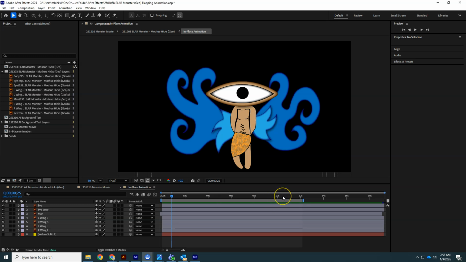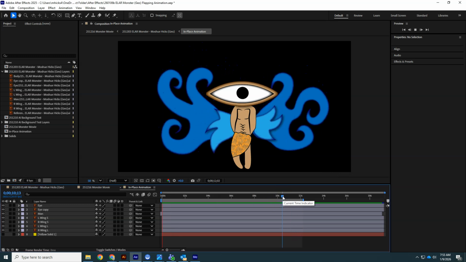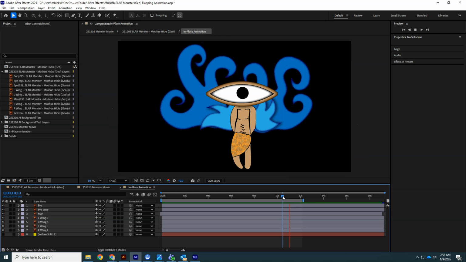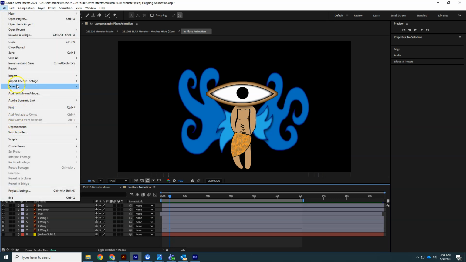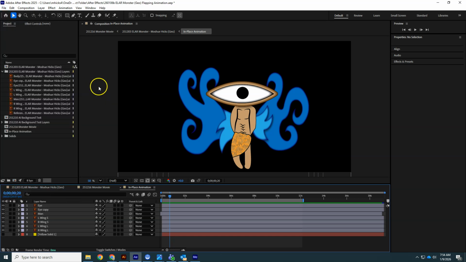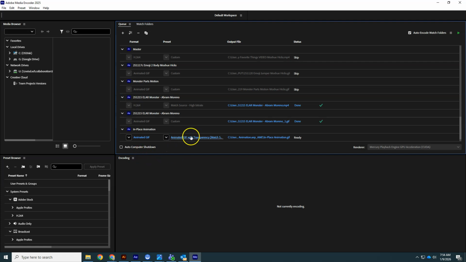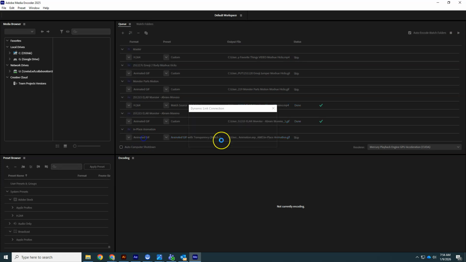With our in-place animation ready to go, just checking this loop here at the end. Here we go. Let's get these exported. File, export, and use Adobe Media Encoder. You can see that I've got the animated GIF was the last thing that I exported, so I'll use it